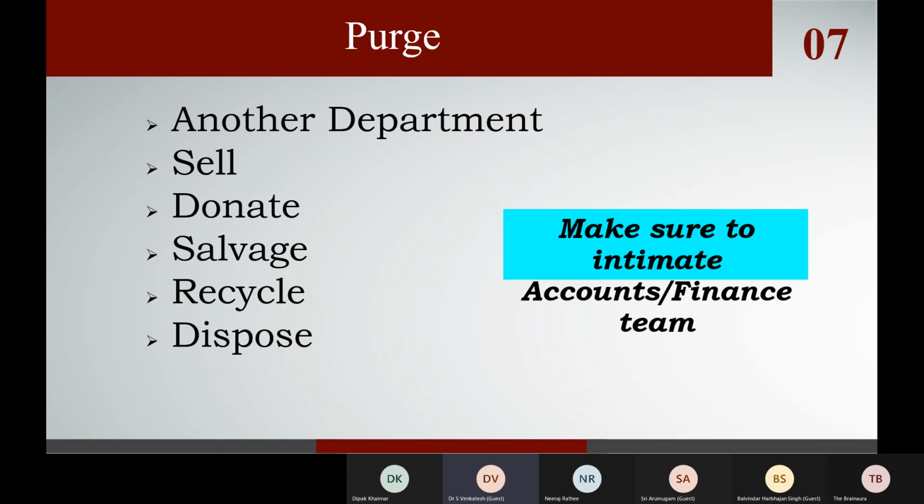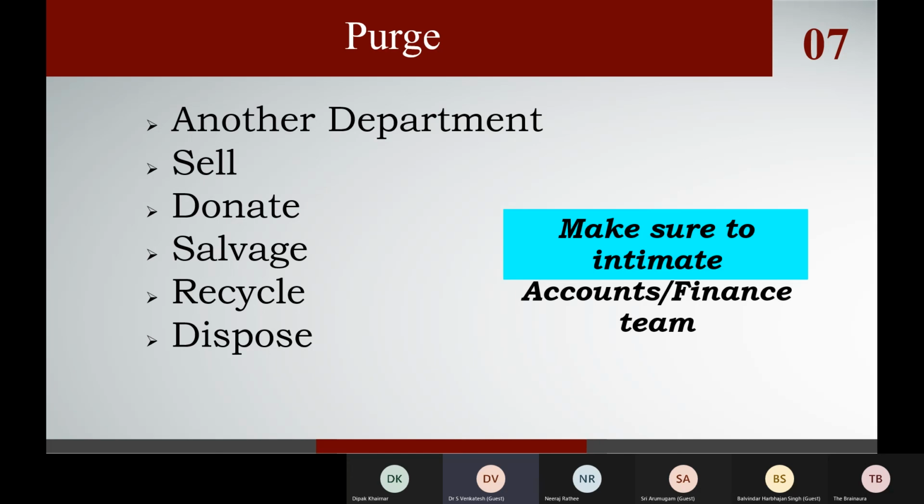And finally, if nothing works, then we just throw it out in the dumpster, dispose it. So we have to give clear thought to what we are going to do once we have decided that these items which are sorted need to be purged out of the system. These things we have to take note of.